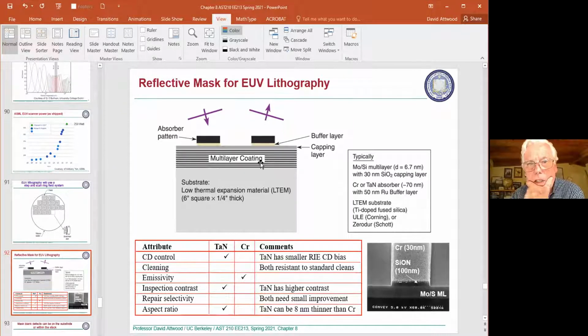But there's a multilayer coating here for reflection. So light that hits here or in the middle or here gets reflected off, but light that hits the absorption pattern is absorbed, and it doesn't. So now you need some optics to capture that outgoing wavefront, which has the information about what parts were absorbing and which weren't, and those optics capture this and bring it down to the wafer where you're going to expose it. Okay,